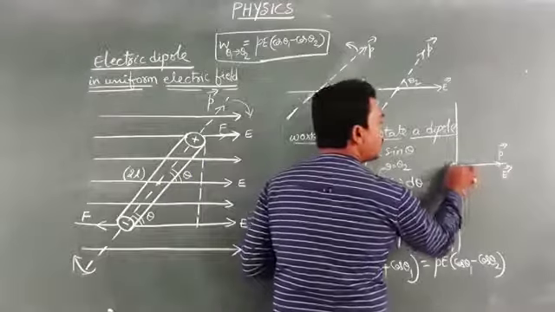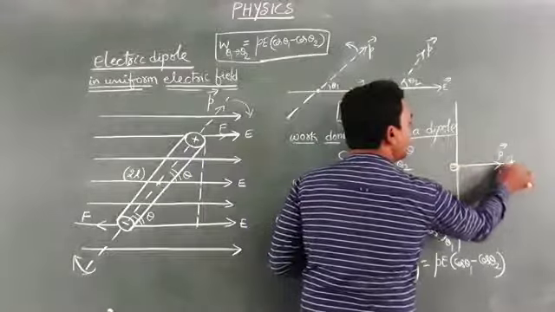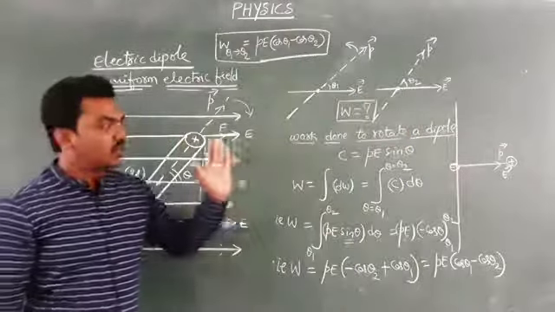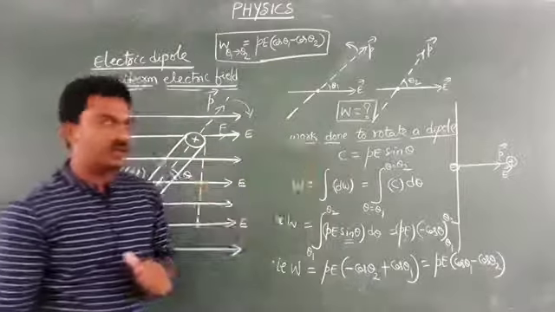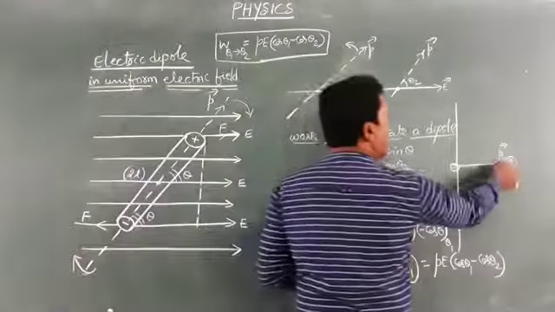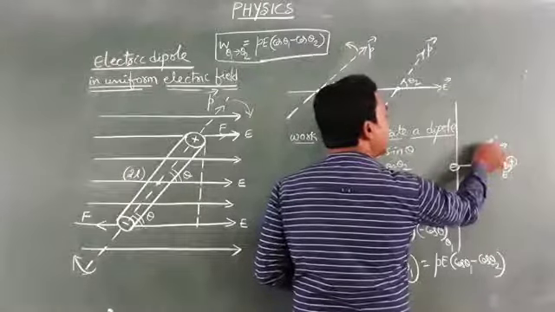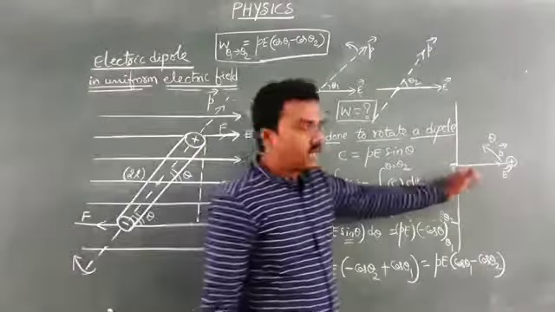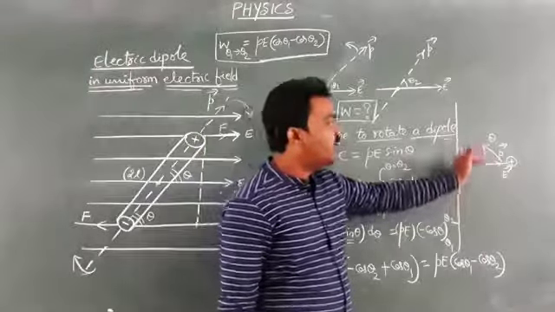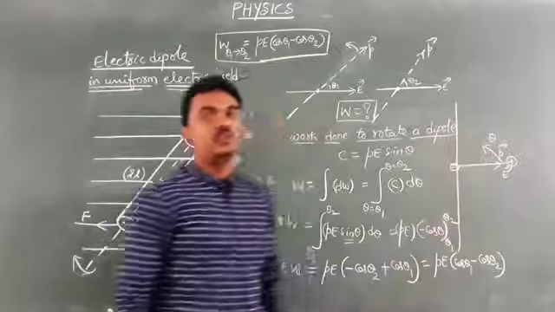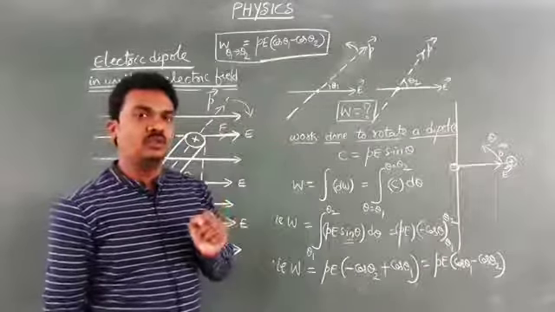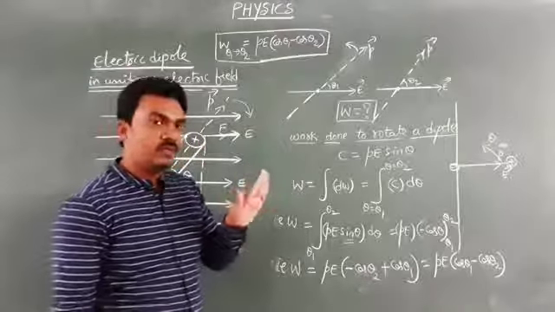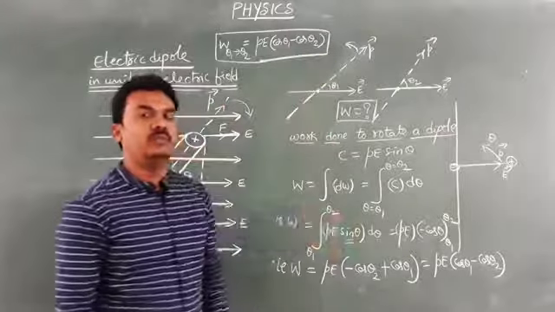Here is minus, and here is plus, because the dipole moment direction is from negative to positive. That is our dipole, which is placed parallel to the electric field. So now I wish to turn my dipole through an angle theta. Initially your electric dipole is in the direction of the field, so theta equal to 0 position. Now you wish to turn through an angle theta, so theta 2 equal to theta.